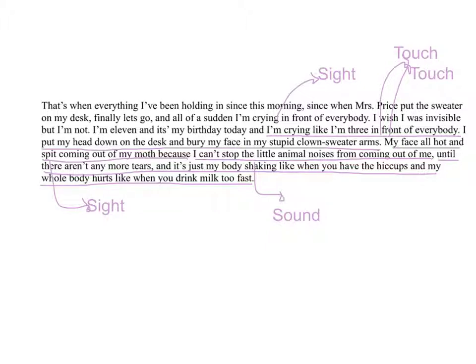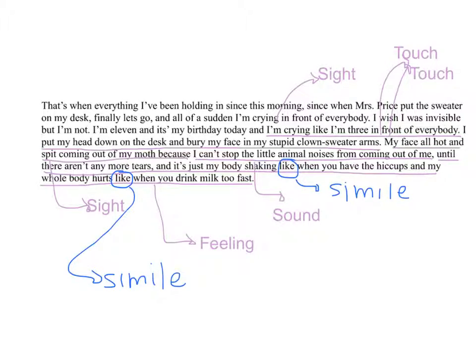Notice that the speaker utilizes 2 similes to help the reader understand how she is feeling. If I wish to push up to a 4, I could annotate these similes. I could also annotate the repetition by adding 2 underlines underneath any word or phrase that is repeated. The speaker's repetition of the word I shows us that she is focused internally on herself. This also reveals her fear that her classmates are also focusing on her and her crying spell.